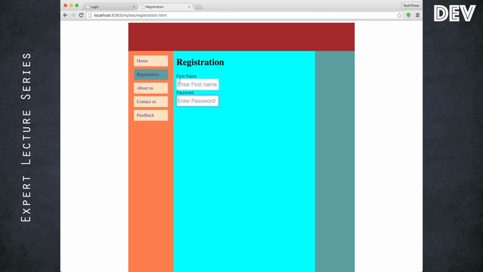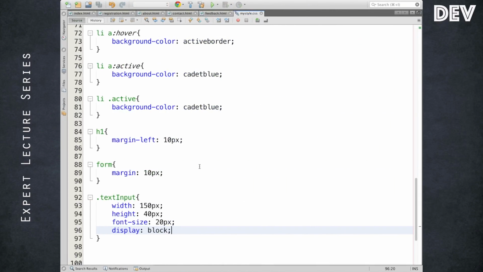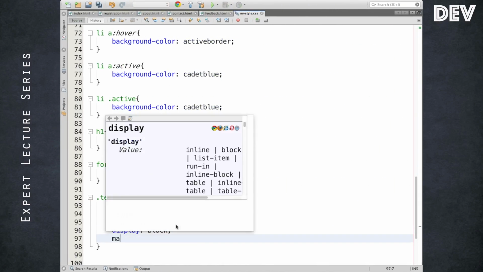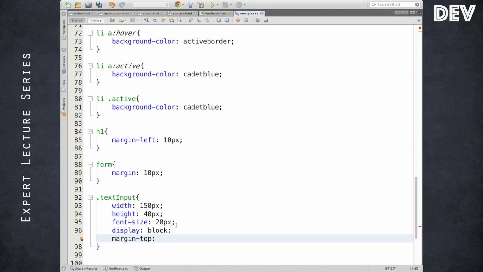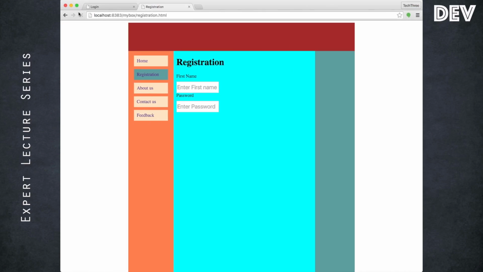So the first one has occupied the row and the second one is naturally put into the second row. If you really want to give some sort of margin, maybe I can give a margin top alone, some 10 pixels. That's really good, really bad.